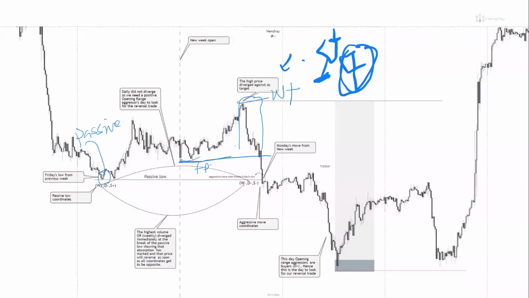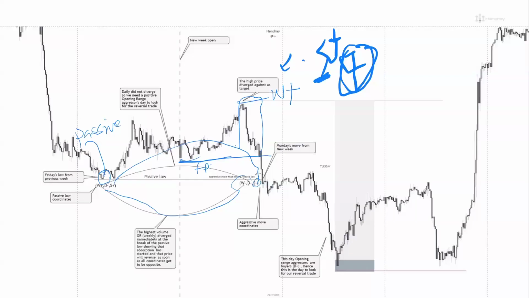And of course, since we are still on Monday, that will also be the D minus. But of course, sessional is different, so don't think that is why we have S minus too. Remember that within a day, we have many sessions, so you check session on its own. So now session absorbed, S plus and S minus, they've already even started absorbing. The highest volume over absorbed W plus and W minus.